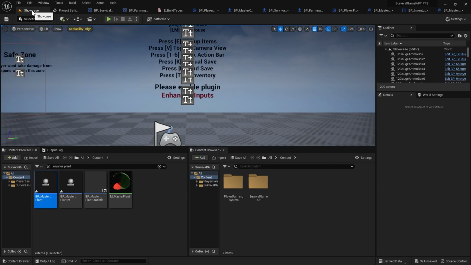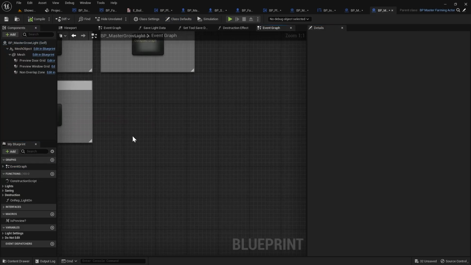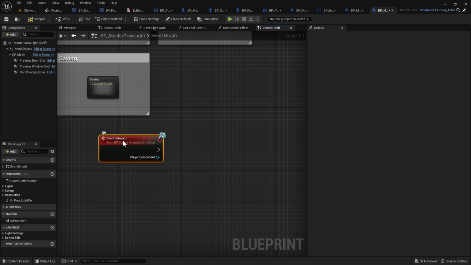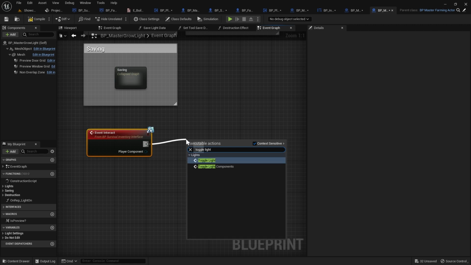Next, we're going to go to the showcase, then in the content browser, search for the master grow light, and open that up. Then go to the event graph, and in here we're going to right click and do event interact, and create that. Then from that, we're just going to drag out and do toggle light